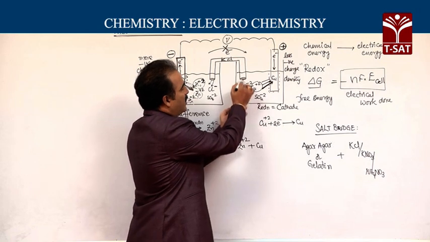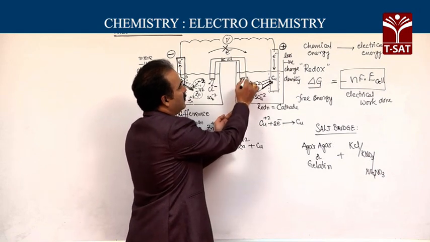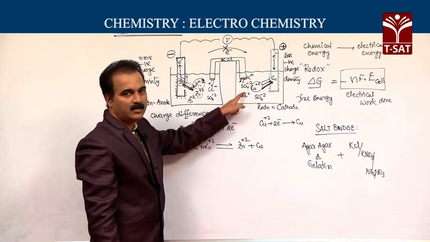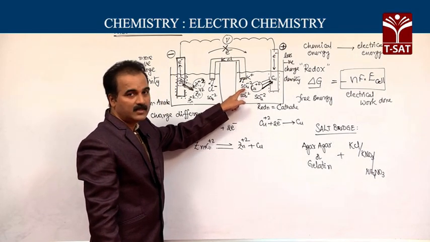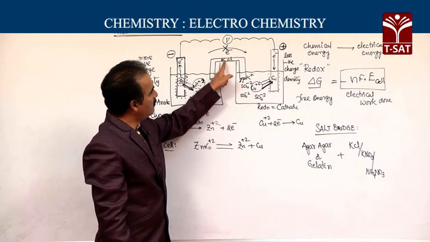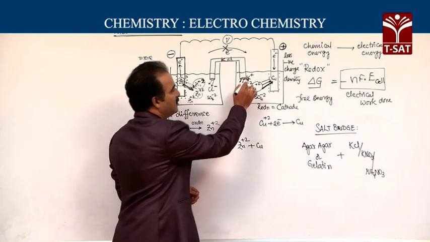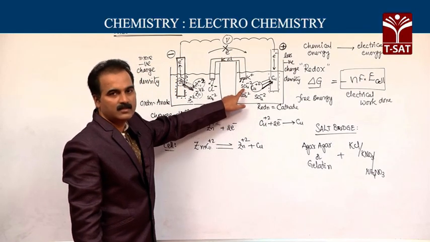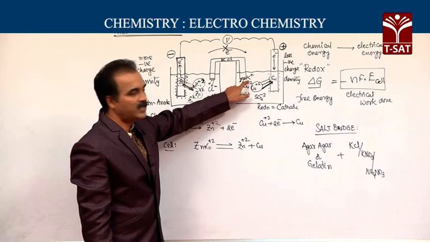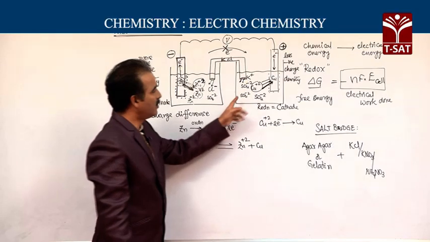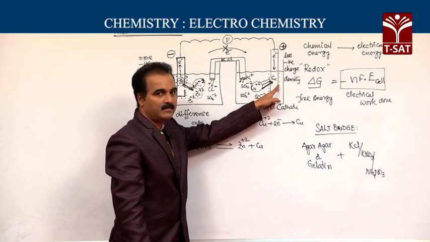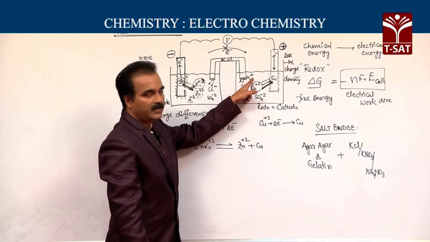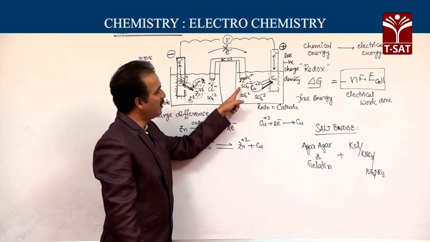For that charge balancing, from the salt bridge, K plus ions are delivered into the cathode half cell, into this electrolyte. So, these K plus ions will nullify the charge of these sulfate ions. The negative charge is being nullified by K plus. So, as many coppers deposit, all their corresponding sulfate ions will find K plus ions delivered into the electrolyte, and